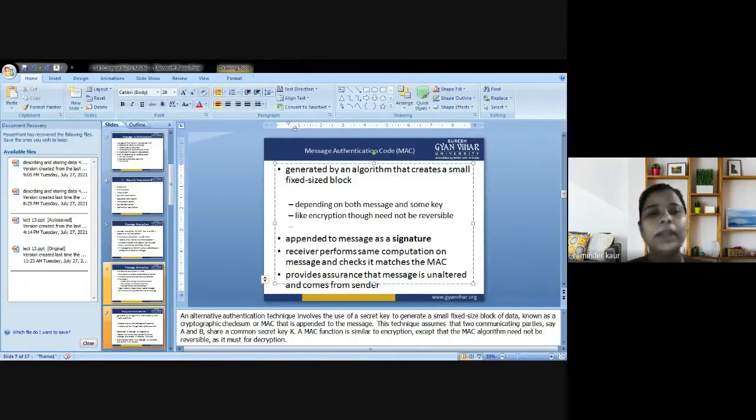So this technique could be used for authentication as well, and the simplest such pairwise independent hash function is defined by the random key, key equal to (A, B). A and B could be any key that we are going to use for the MAC algorithm, or I can say the one-time MAC, and the MAC tag for a message M could be computed as tag = A*M + B. Now A is a key that is used, and it is multiplied with the message M, and B is also a key that we are going to use. In addition, we are supposed to perform the modulus of P, where P is a prime number that we are going to use.